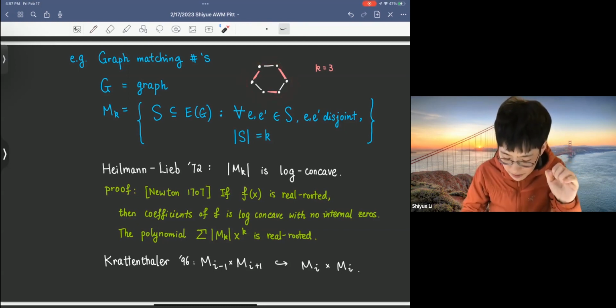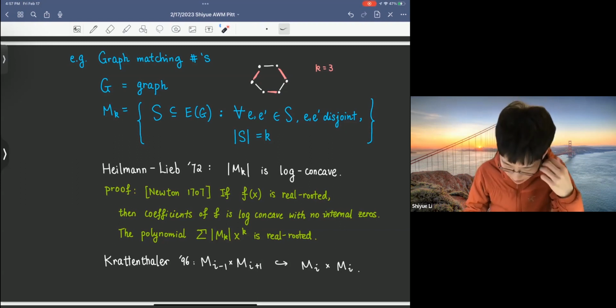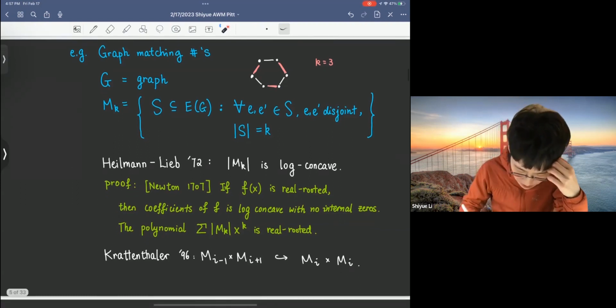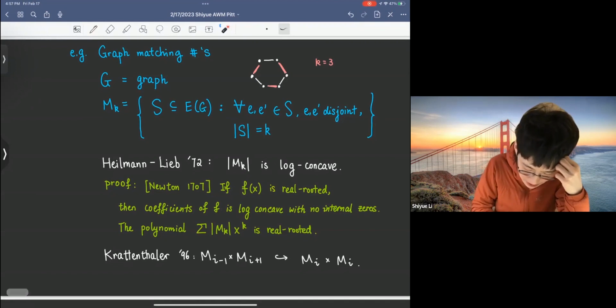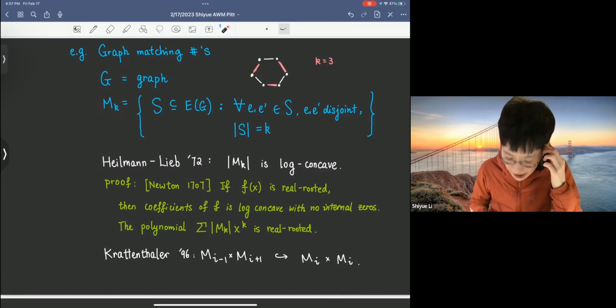A matching means a set of edges that do not touch each other, do not share common vertices. Once you fix your graph and look at the cardinality of the sets M_k indexed by k,